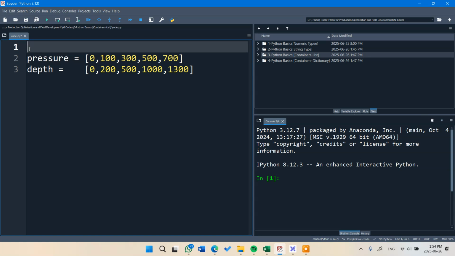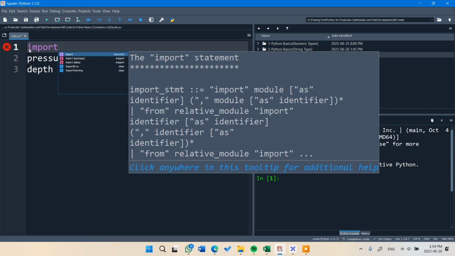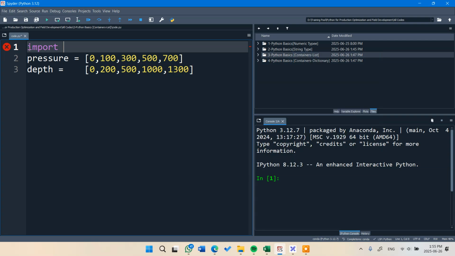In order to call a library that allows us to plot something, usually we use the keyword import. So import is the keyword that's responsible for getting libraries or functionalities that allow us plotting. By the way, if you feel that you do not understand this yet, don't worry. In the upcoming videos and upcoming sections, we will have dedicated sections for plotting and working with external libraries. So let's import the library that is responsible for plotting. For this example, it's going to be mat